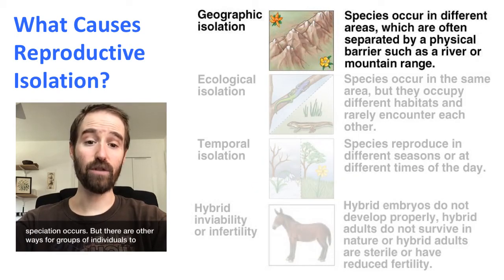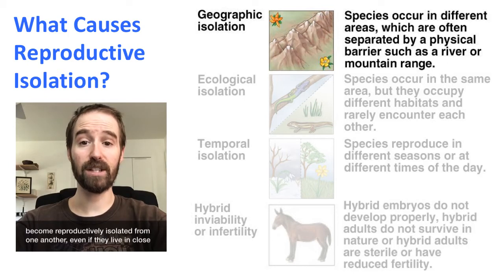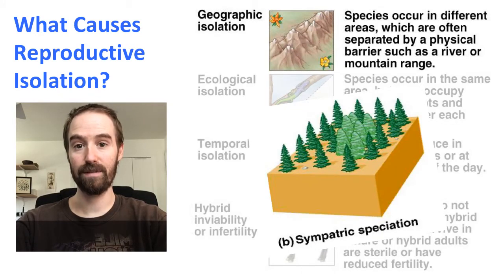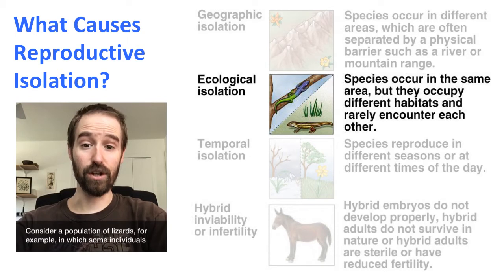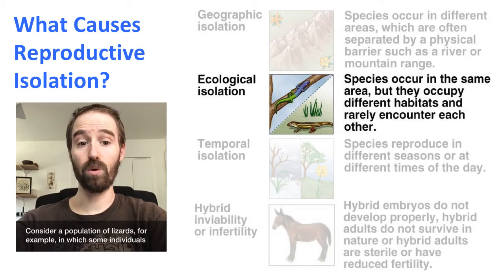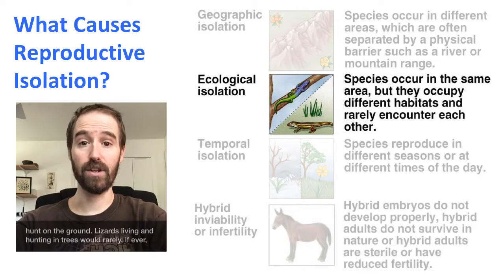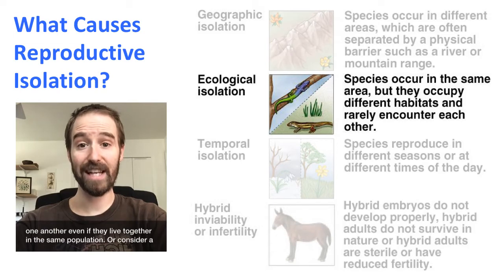But there are other ways for groups of individuals to become reproductively isolated from one another, even if they live in close proximity, and this can lead to sympatric speciation. Consider a population of lizards, for example, in which some individuals prefer to live and hunt in trees, while other individuals prefer to live and hunt on the ground. Lizards living and hunting in trees would rarely, if ever, encounter a lizard living on the ground, and consequently, these lizards would never interbreed and would be reproductively isolated from one another, even if they lived together in the same